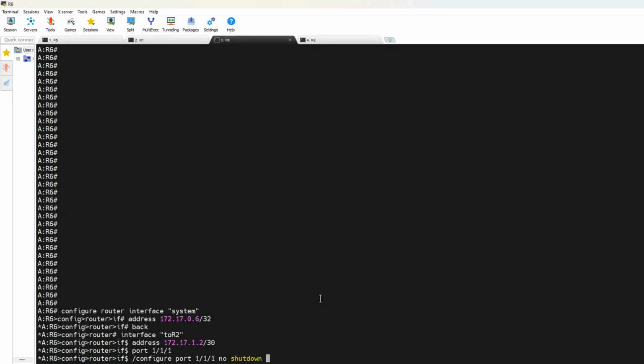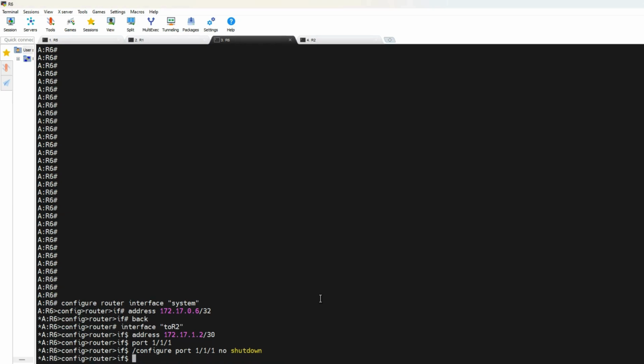Yeah, so these are shortcuts that you can use to speed your configuration up, especially if you're trying to save time. So don't forget, you issue a / from any command line that you are already in, and then type in that command, as long as you know that command. And obviously you can use the tab to autocomplete if you're not sure. So in this case, we know what we want to do. So configure port 1/1/1, no shutdown, exit all,